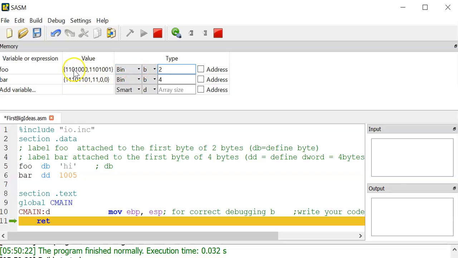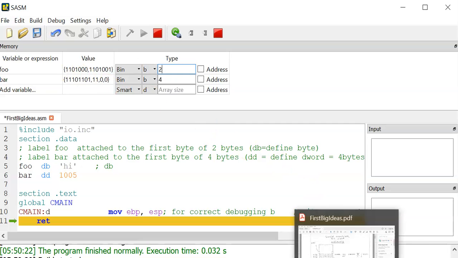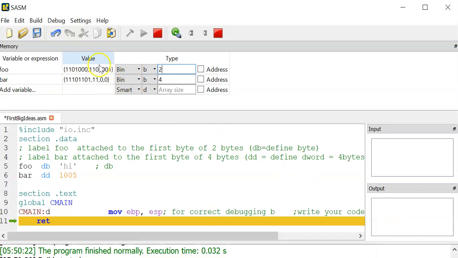And I want to see them in binary, and that's what we saw a moment ago in our PDF. This was 1001, blah, blah, blah, okay? So the first one and the second one,